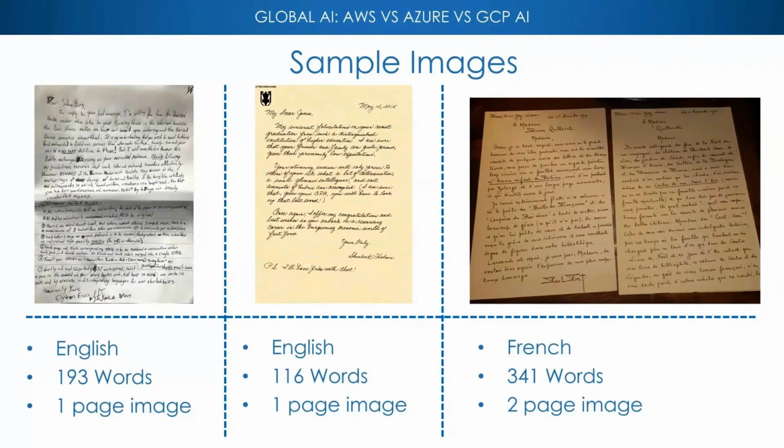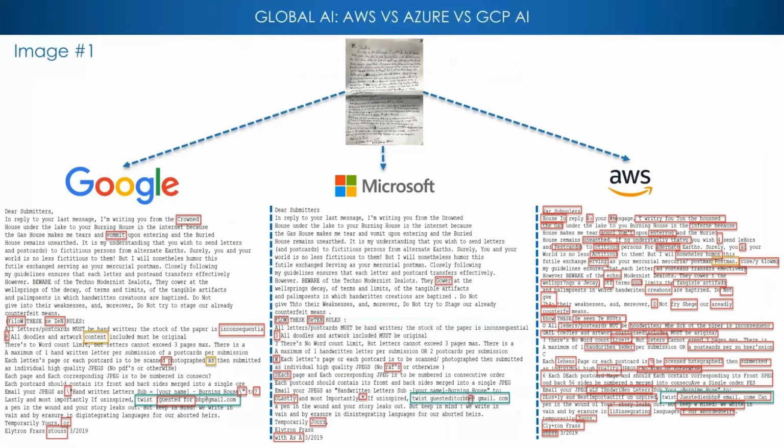The first picture, as you can see, it's a lot. It's not the most beautiful picture out there. I mean, it's handwritten with a lot of errors, and it's easier for a human to read it, but it's going to be quite challenging for an AI, and we'll see that in a second. Second image is perfect. I mean, beautiful handwriting, 116 words and 1-page image. And the final one is I could not even read it, and turns out it's French, so that's why. And you notice that we're going to trick the AI because we're going to take an image that has a 2-page image and see how all the 3 different clouds handle this.